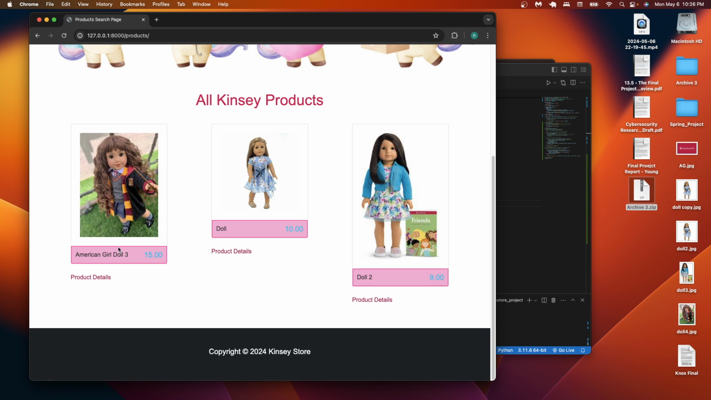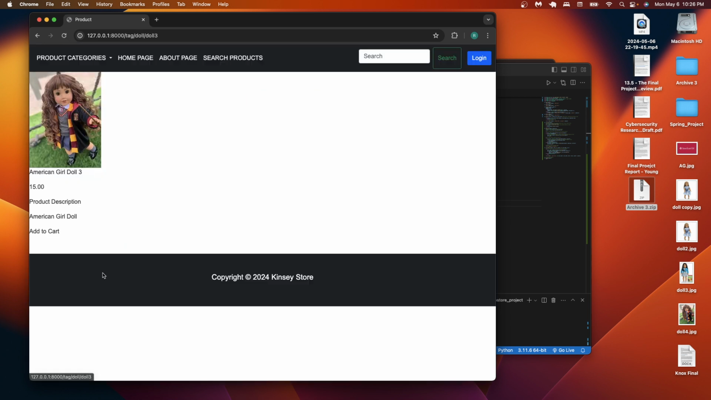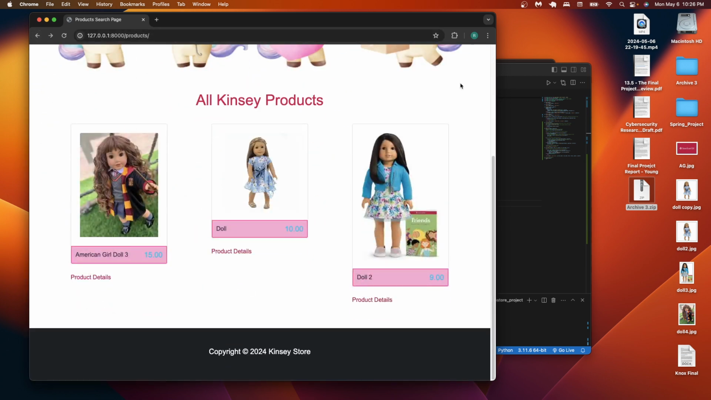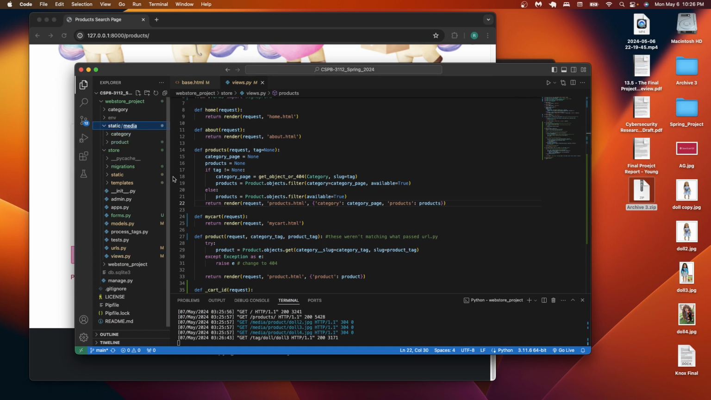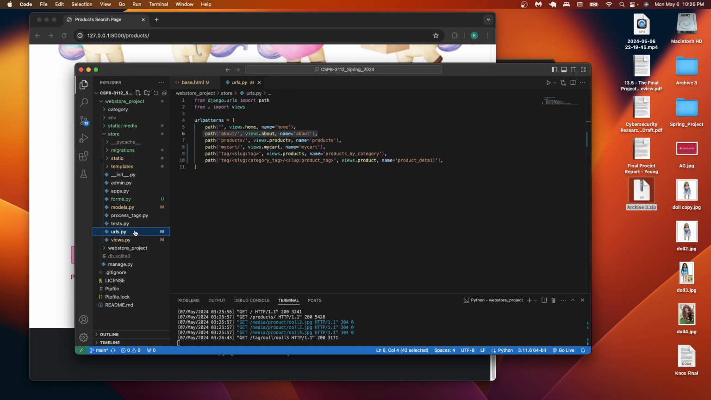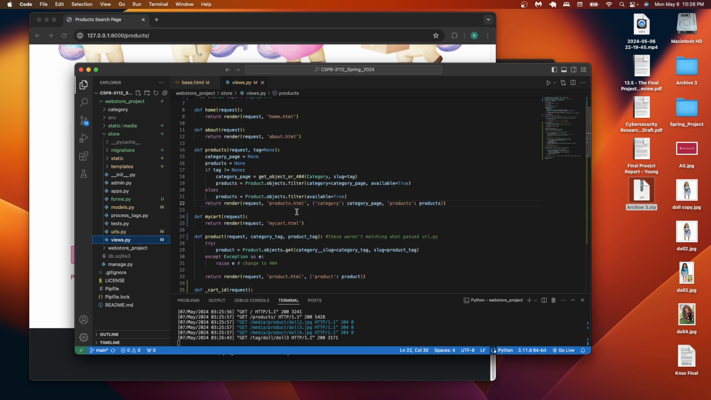Essentially, this is not useful, but for example, you go to product details, it pulls the data about that doll, whatever. And a lot of this stuff is pulled here from the static, the images, and stuff like that. So the views,